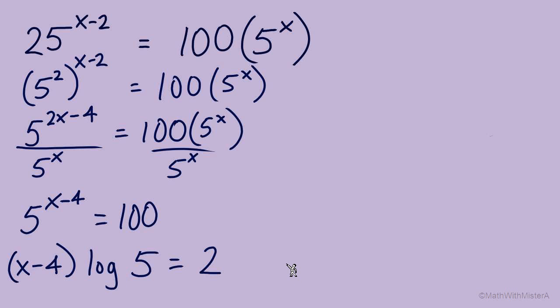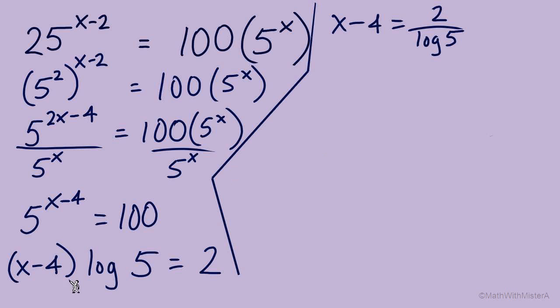So some more steps to finish solving for x. I will choose to divide both sides by log 5. It's leaving us with just the x minus 4 on the left side. On the right side, 2 over log 5. And now add 4 to both sides. X equals 2 over log 5 plus 4. There's a solution. Let's talk about a slightly different approach I could have used at this point right here,